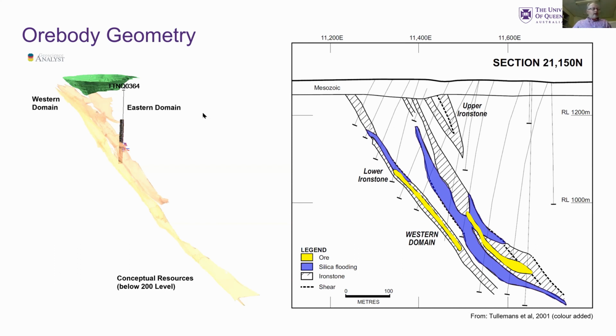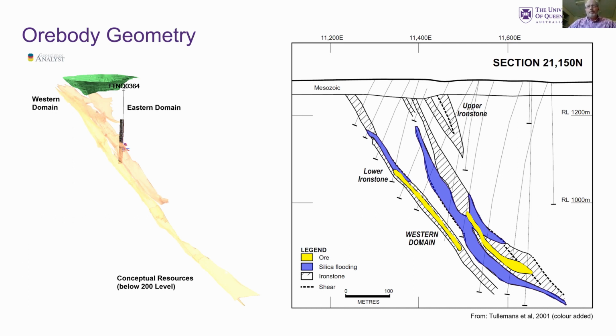So it's essentially a moderate to steeply dipping tabular body with a pretty tough geometry in terms of exploration, which was why it took a little while to be discovered from inception and concept to discovery. And on this slide, I just wanted to put up firstly the diagram on the right that shows a couple of the key elements here at Osborne, which are the ironstones. You'll see it in the hashed pattern there, the silica flooding, which is in purple, and then the ore, which